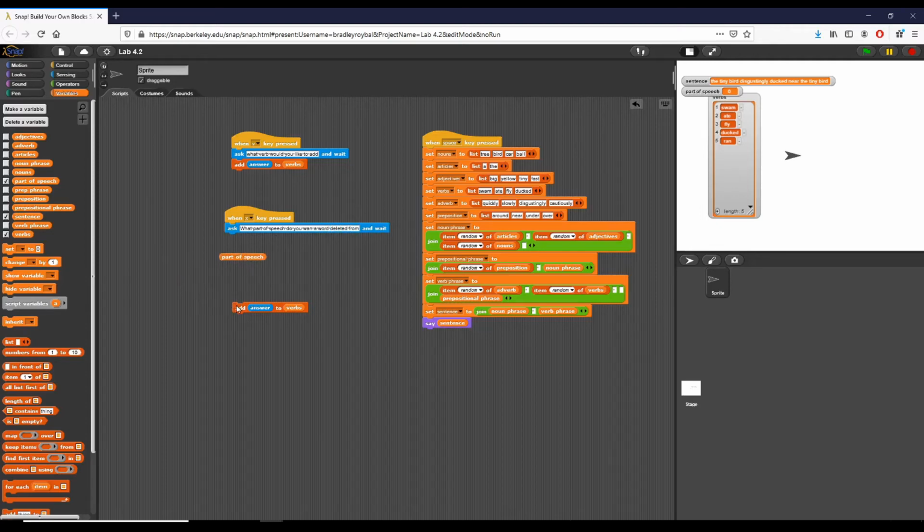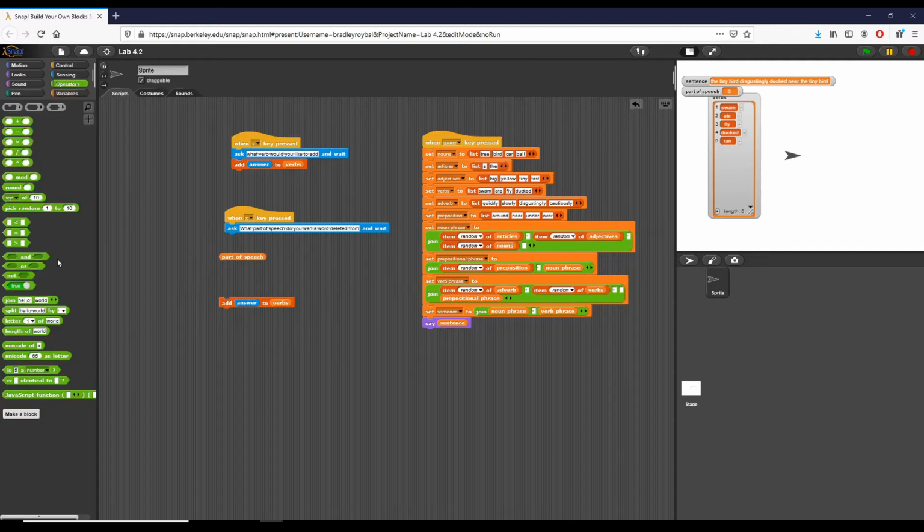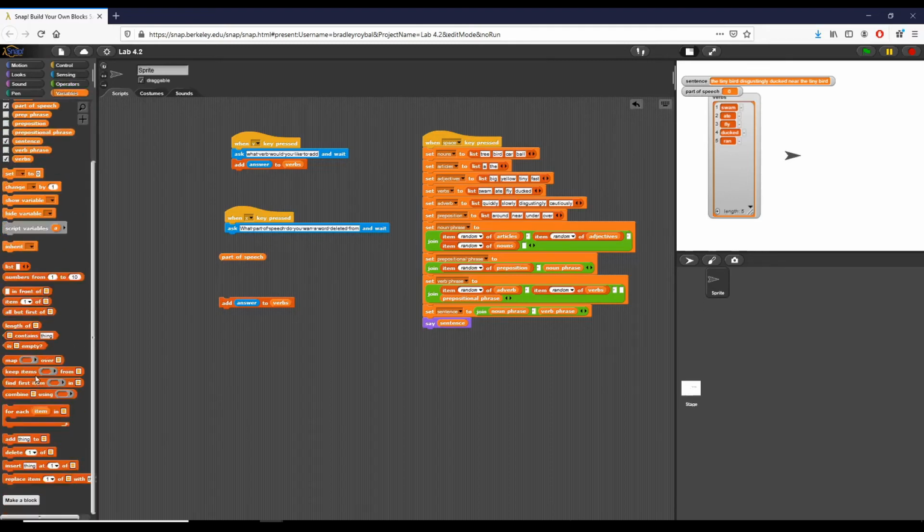And then we're going to store, we're going to say operators. Actually, it would be variables. We're going to use set. I'm going to set my part of speech, so actually I don't even need that right there. Part of speech to